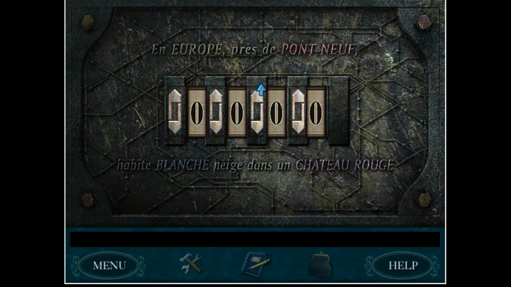Europe, Pont-Neuf, Blanche, and Chateau Rouge. As I said, they're metro stops, and you can see here that lines up with the fact that this background here looks like the subway or metro map. So